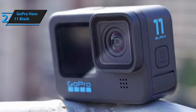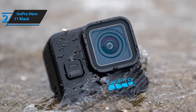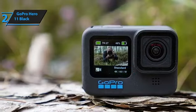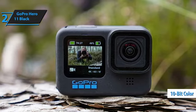The GoPro Hero 11's digital lens can accommodate the 8:7 aspect ratio and produce immersive images up to 16:19. The updated sensor also increases photo resolution to 27 megapixels compared to the Hero 10's 23 megapixels. Another significant enhancement in the Hero 11 is the ability to record in 10-bit color, providing professionals with greater latitude